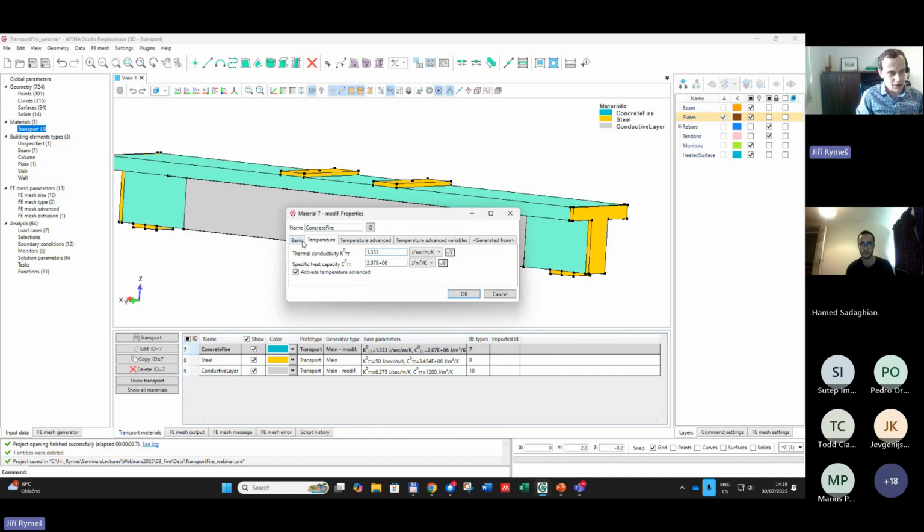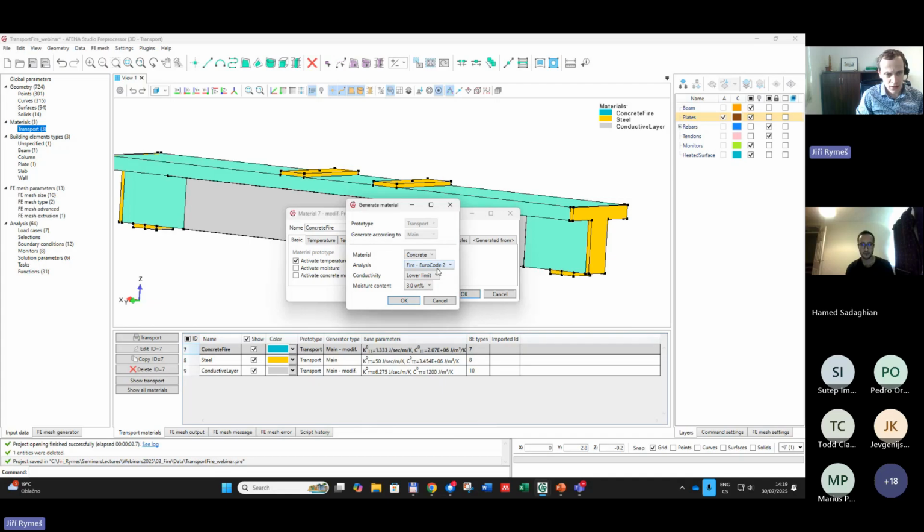Actually, if I go back to the generator of the material, you can see that these parameters can be generated automatically based on the Eurocode. So if you choose the analysis type fire according to Eurocode 2, you can choose either lower limit or upper limit for the conductivity definition. These are terms defined by the Eurocode, and you can choose the moisture content of your concrete, which is then used in the